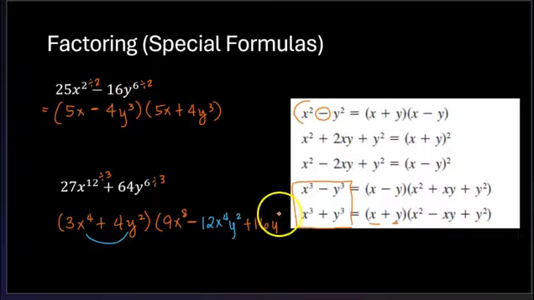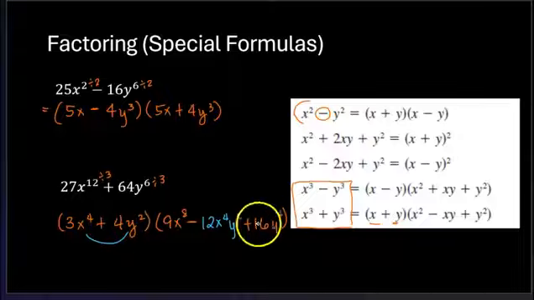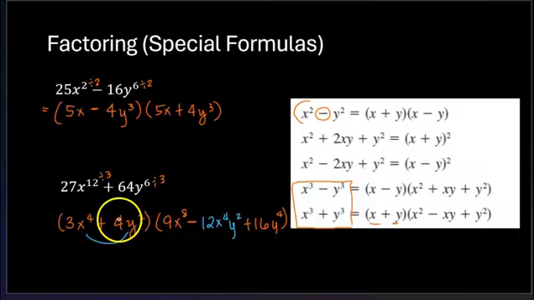See? Don't memorize the letters. You take the cube root of each of these two. The first one is the square. The middle term is the product. And the last term is the square of this. Just be careful with the sign. It's an alternating positive, negative, positive. The last one is always a positive.